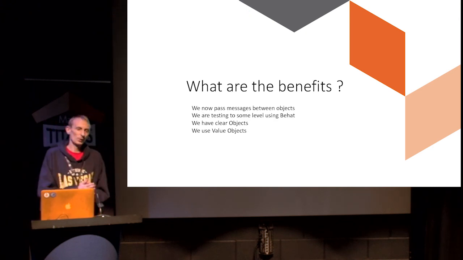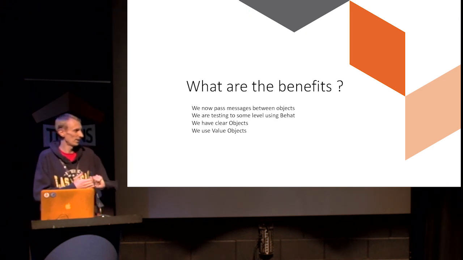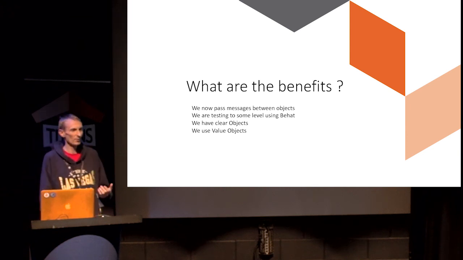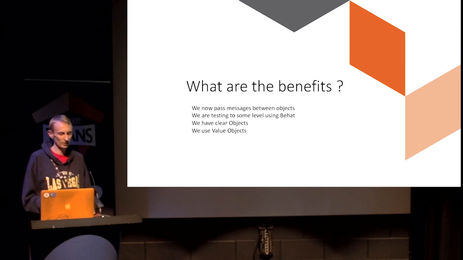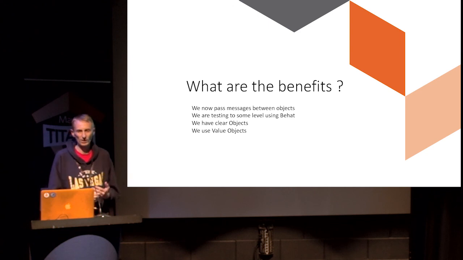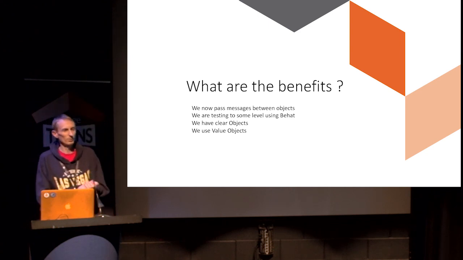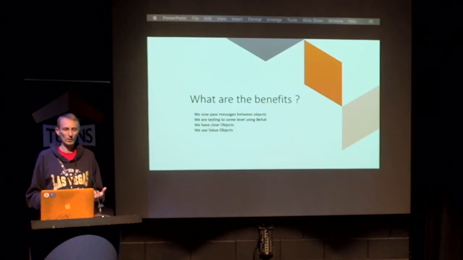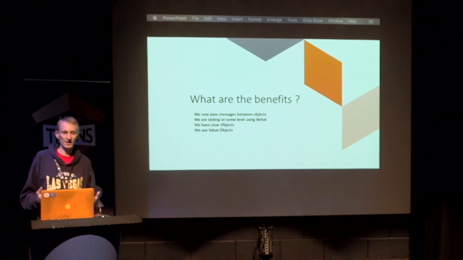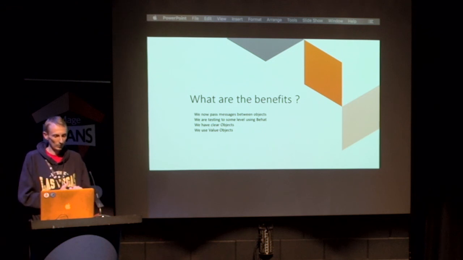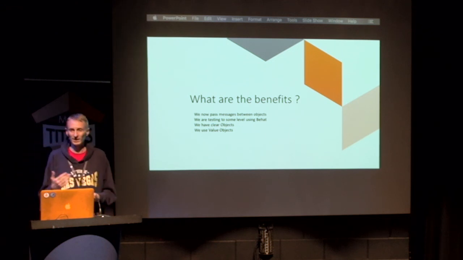Now, it was a bit of a whistle-stop tour of showing how Behat can actually help us get into testing, as more of a stepping stone into how we can use Behat as a way to test our framework, as well as testing our lower level implementation. But some of the benefits of doing this is that we can see that we're now passing messages between our code. If we wanted to debug why there was a problem with our JSON implementation or the XML implementation, instead of worrying about how the data is built, we can look at the concrete implementations to see, is anything being done to it? Is a manipulation taking place? We can see that we're actually testing using Behat on many different levels.